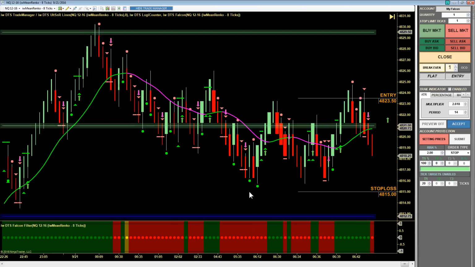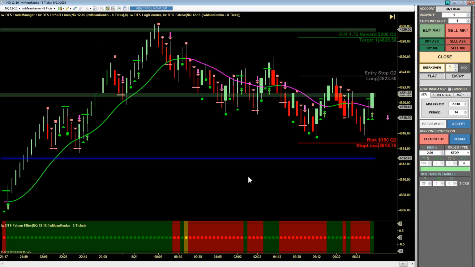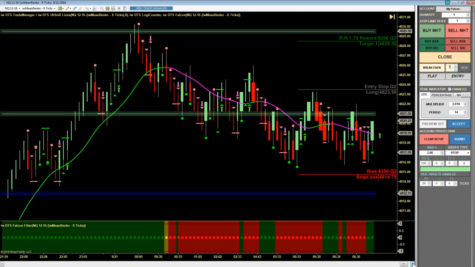What about down here? Well, that's probably a lot more significant. We've seen the market respond to this area down here. Obviously, it's responded here and here, so that would be my bet. I would place my stop there. Trade Manager automatically gives me the correct position size, so not only do I maintain my risk exposure,